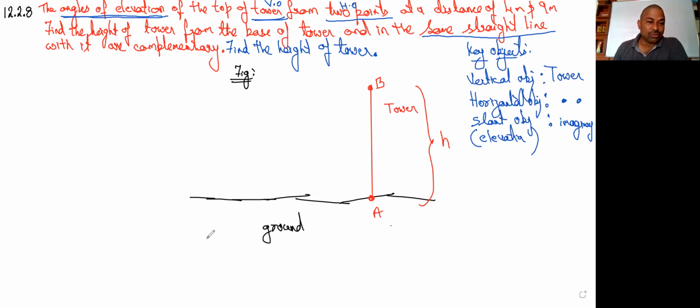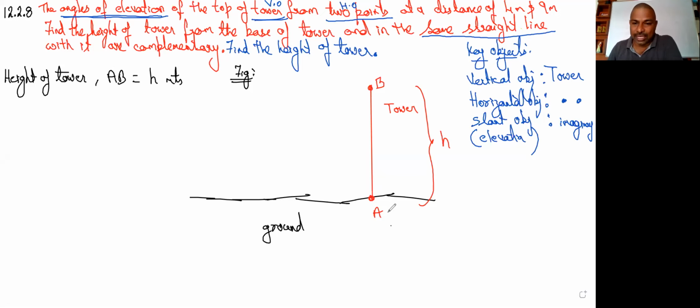Right. So let's introduce the topic, what he's saying. First step, what we have to write? Height of tower. He didn't give it. Therefore, I'm labeling it as AB. He didn't give the height of the tower. I'm calling it H meters. Now, Dhruvita, can you please tell me what is A? Foot of the tower. A is nothing but the foot of the tower. What is B, Dhruvita? Top of tower.